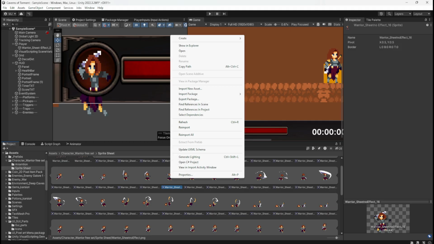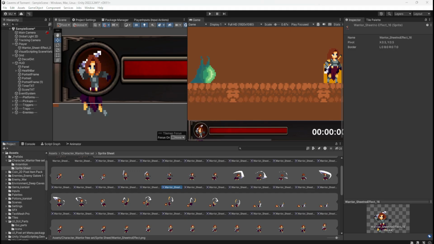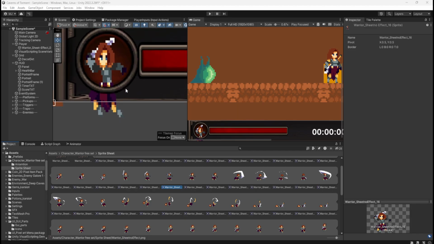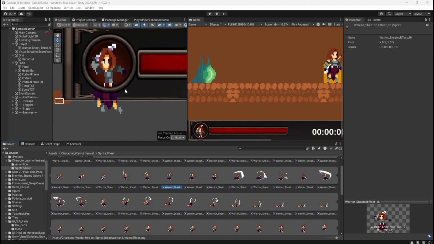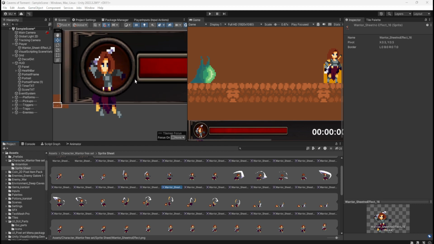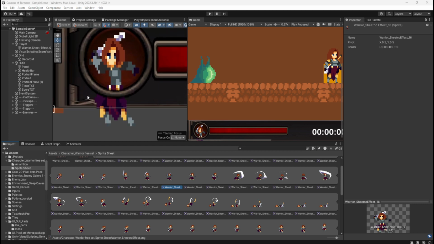Can't copy it. I mean, a workaround is just to kind of put another panel over the top.